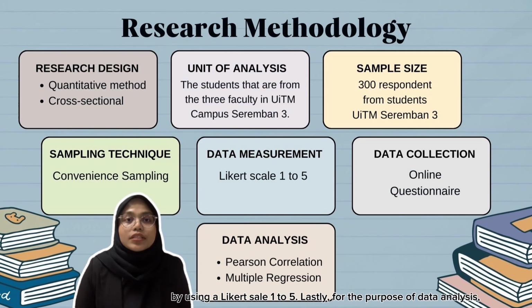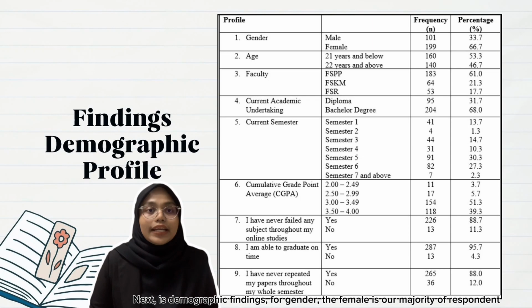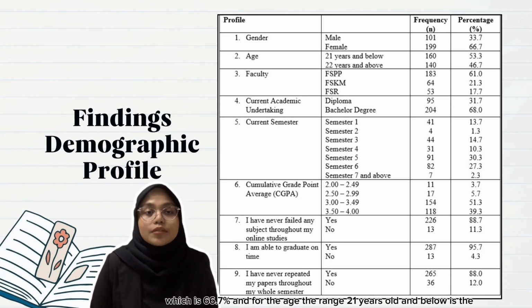Lastly, for the purpose of data analysis, we have used Pearson correlation and multiple regression in order to indicate the proposed variables. Next is demographic findings. For gender, the female is the majority of our respondents, which is 66.7%. And for the age, the range of 21 years old and below is the most of our respondents, which is equivalent to